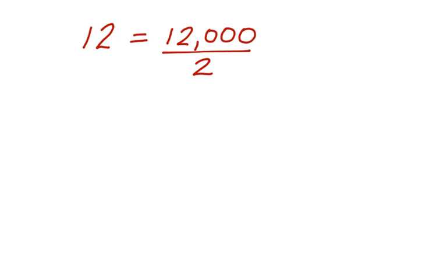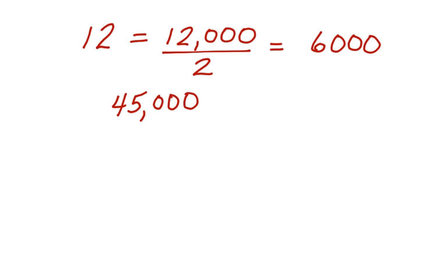Could we go all the way up to 12 years? Sure. Well, if it had been $1,000, then there would be an increase of $12,000. But it's not. It's only an increase of $500. So we're going to divide the $12,000 by 2, which would give us $6,000. And we're going to take the base pay of $45,000 plus $6,000,